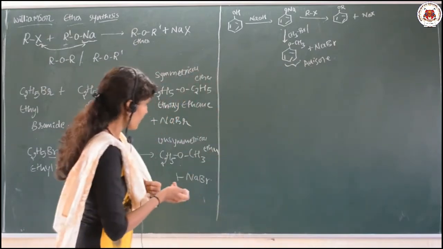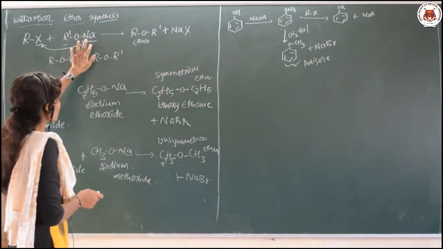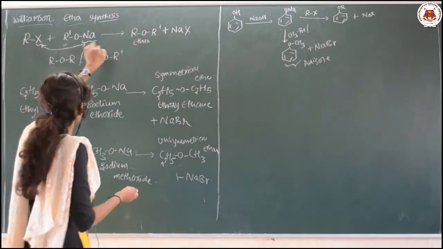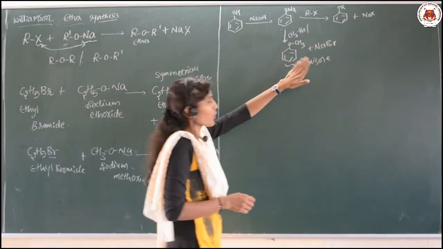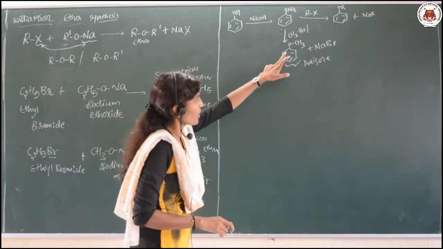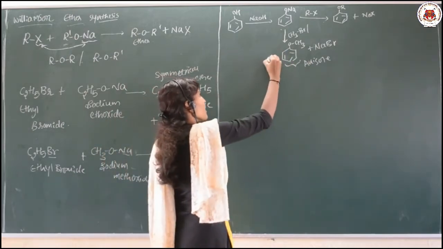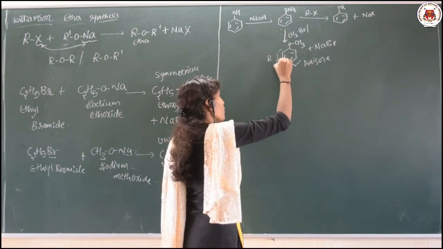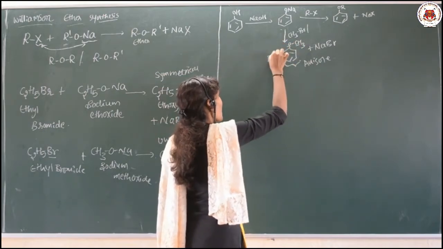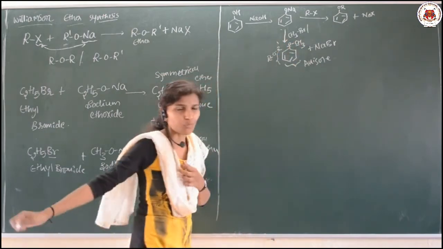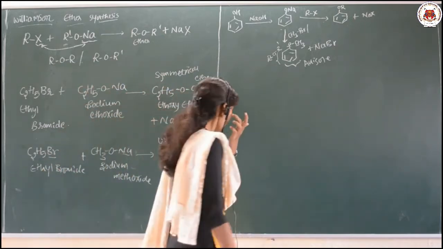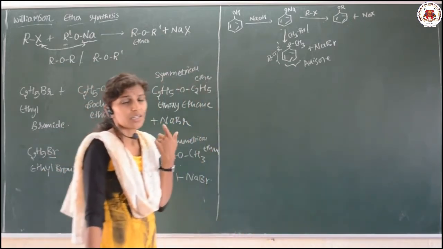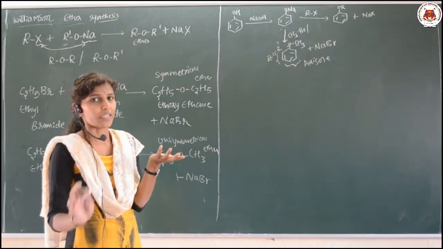So by taking, instead of only the alkyl group, that is sodium alkoxide, if you replace this alkyl group with the aryl group also, you are able to get the ether. It is also the ether. See here, it is like R, this is the group, and O as it is, this is R dash, like that. Okay, so finally we got the ether itself. So this is how we can explain the methods of preparation of the ether.